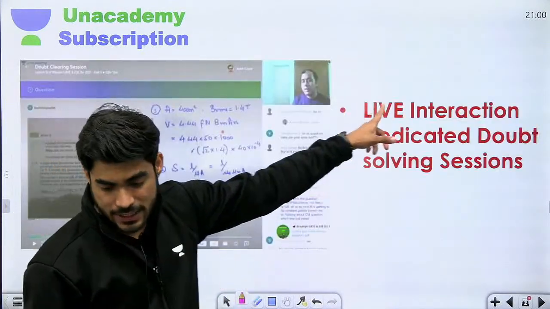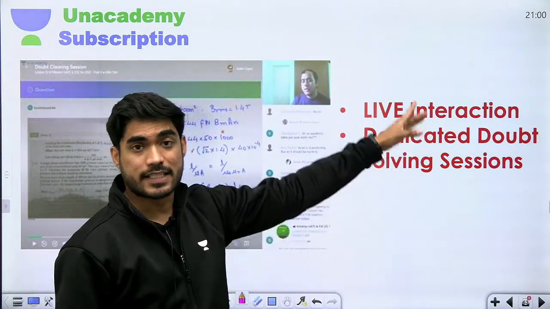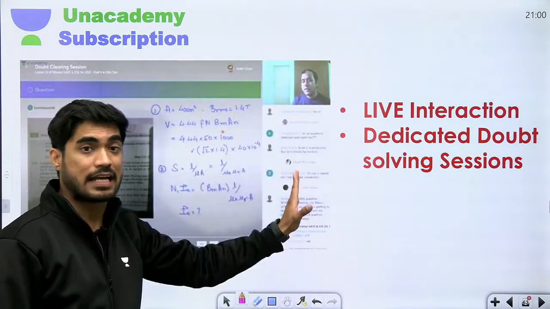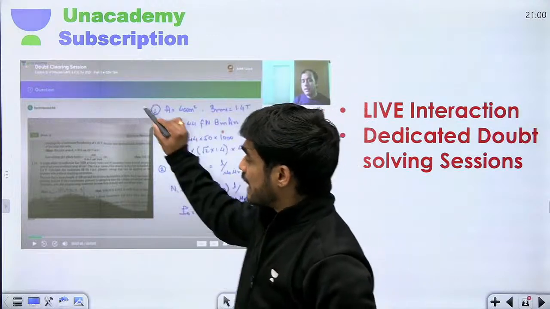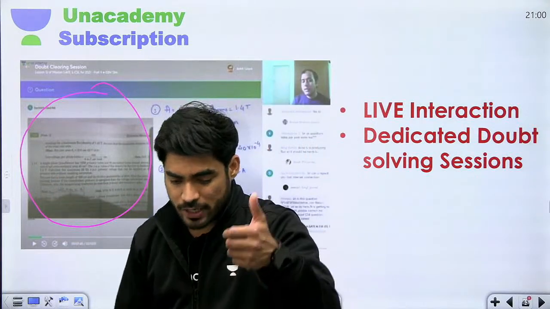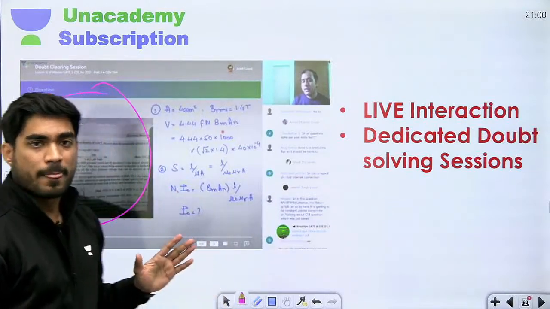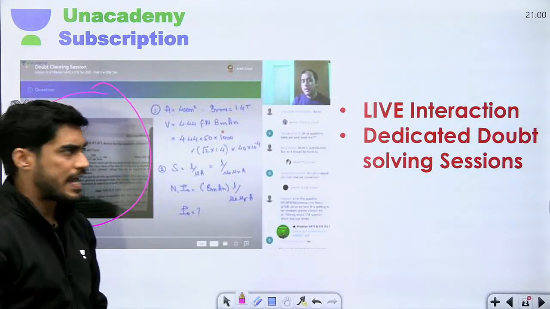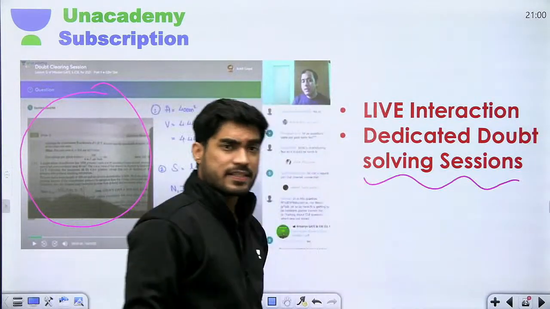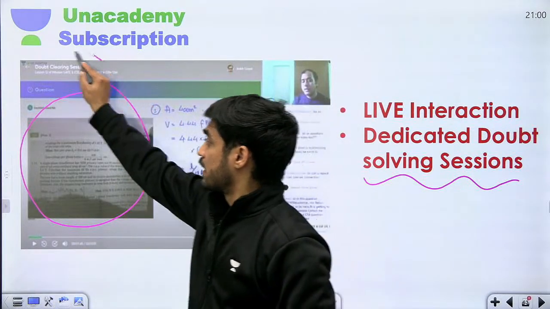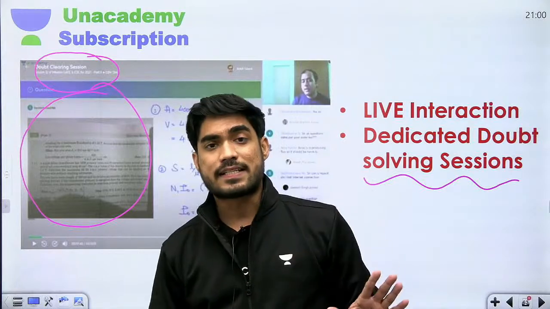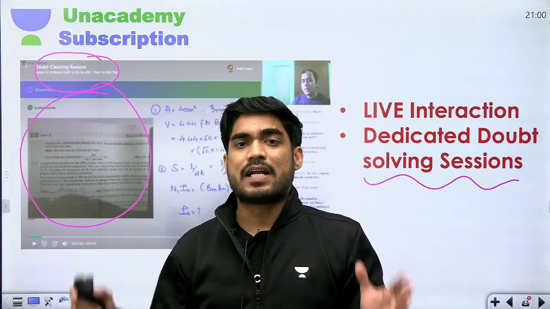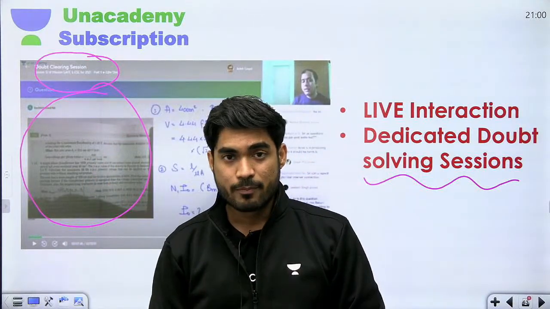Then live interaction and dedicated doubt solving sessions. Live interaction means you can interact with the teacher live in the class. You can ask your doubts live in the class in the comments, and you can also send the question in image form. आप क्वेश्चन को इमेज के फॉर्म में भेज सकते हो ताकि आपको लिख के क्वेश्चन पूछना ना पड़े। तो सारे डाउट आप टीचर से पूछ सकते हो, and there will be dedicated doubt solving sessions, meaning every 4th lecture will be a doubt solving session. So बेटा, none of your doubts will be unanswered. आपके सारे doubts answer किए जाएंगे. आपको कभी ये complain नहीं होगी. You will never have this complaint that you are not getting enough time to ask doubts, because there are dedicated doubt solving classes.